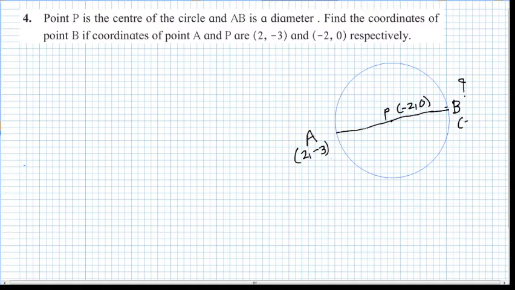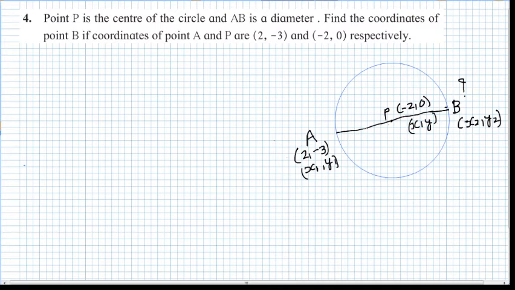So first, how will we start? We will say let A correspond to, normally what we take as, x1, y1. You have to write that in the solution. This one, what we take normally, x2, y2. Here we have to find out x2 and y2. And what do we denote this normally? Normally we take it as x, y. So we will use the same notation.